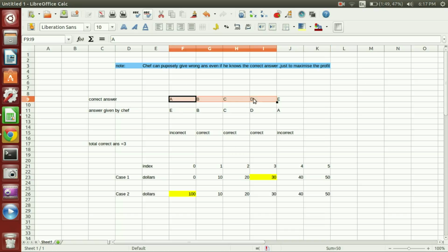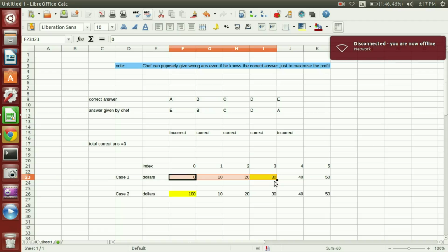Here they have given us the two strings, right, in which these 3 match while the first and last characters don't match. So we have a total of 3 correct answers, right? So for that he will be having a scope of this many values. Out of this he will find the maximum, which is 30. So he will print 30. The answer for this is 30. And while suppose